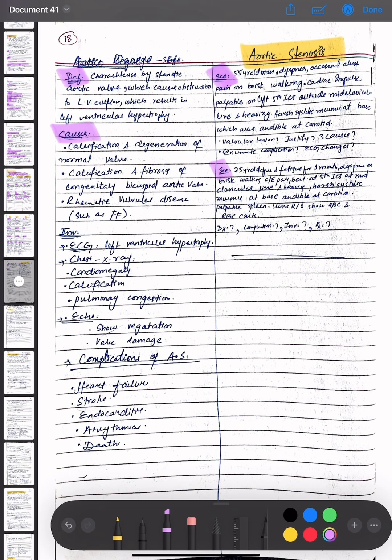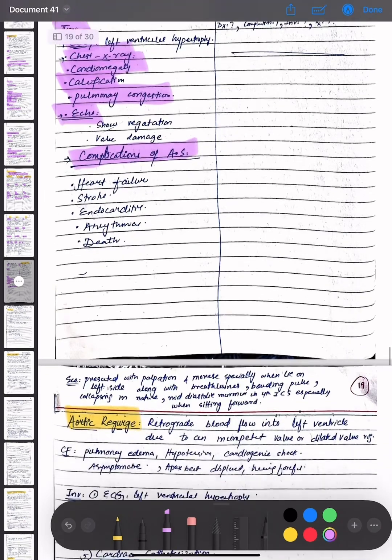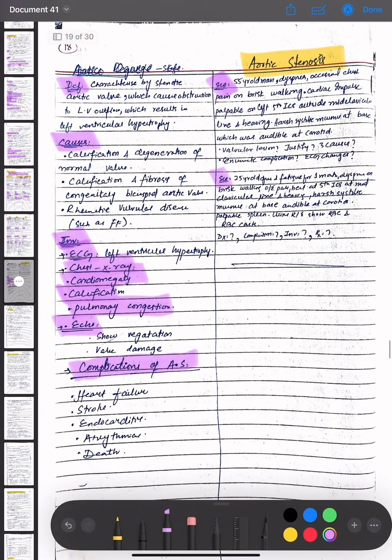The investigations for aortic stenosis are ECG, which shows left ventricular hypertrophy; chest X-ray, which shows cardiomegaly, calcification and pulmonary congestion; and echo, which shows vegetation and valve damage. The complications of aortic stenosis are heart failure, stroke, endocarditis, arrhythmias, and death. So we have studied aortic stenosis, its scenario, the definition, the causes, the investigation options, and then the